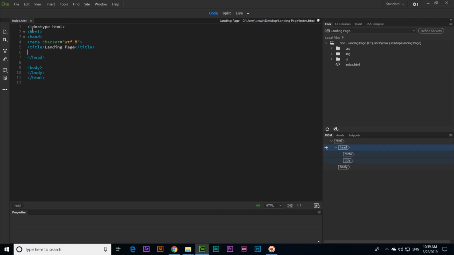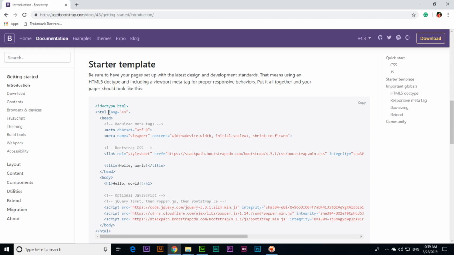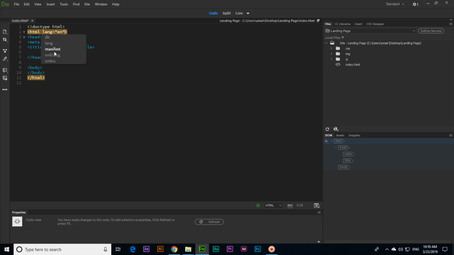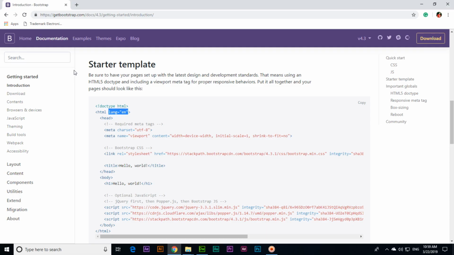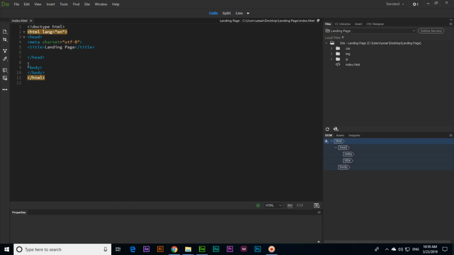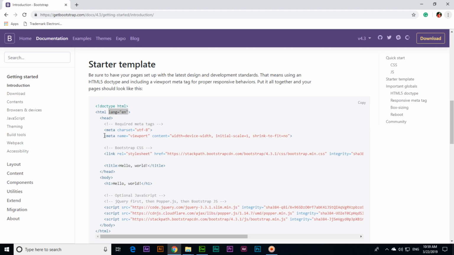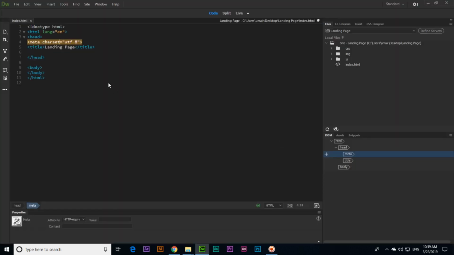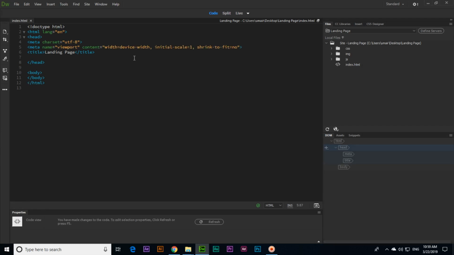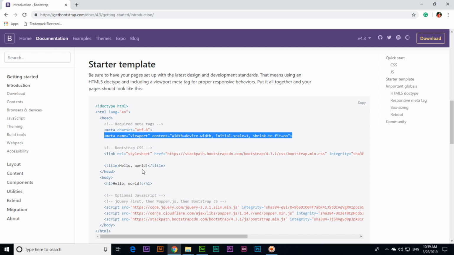We have HTML and we will have to add lang equal to en, language equal to English. Then we have head and then meta charset UTF-8, and then we have to add this meta name viewport, content width equals device width, initial scale equals 1, and shrink-to-fit equals no. So this is after meta charset UTF-8. Then after title,